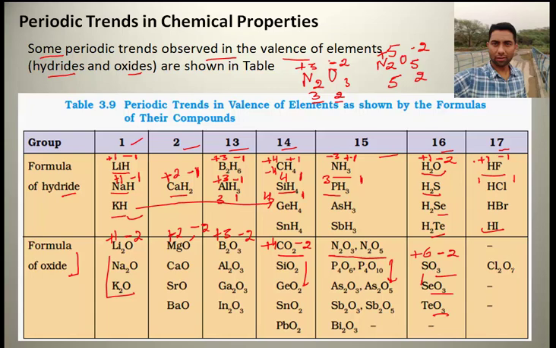Now in chlorine oxide, again oxygen is more electronegative, so it will always show -2, but in case of chlorine it comes out to be +7 oxidation state. That means the valence of chlorine will be 7 and that of oxygen will be 2. So now I hope it is clear to you that oxidation states and valence can be related for every species in the compound. Thank you.